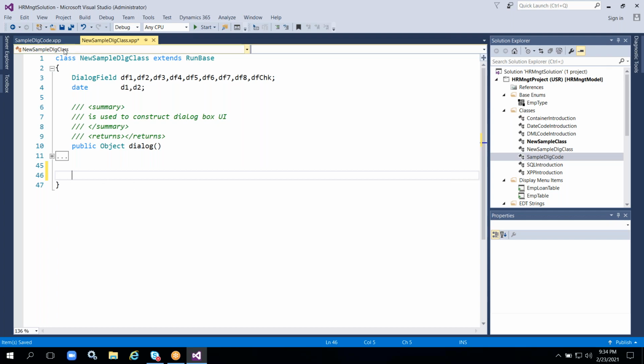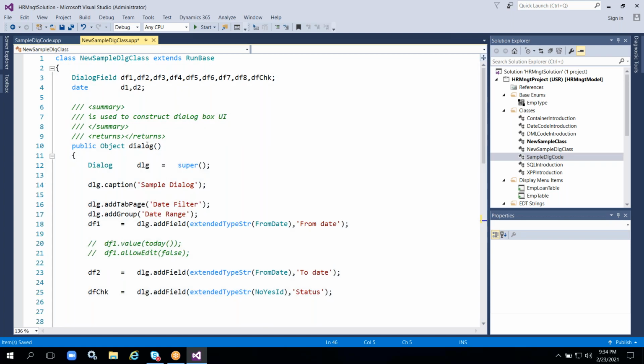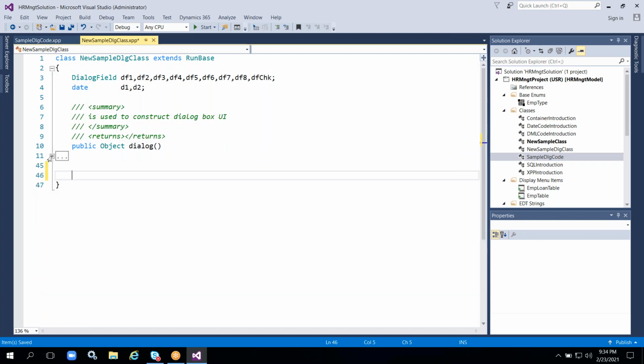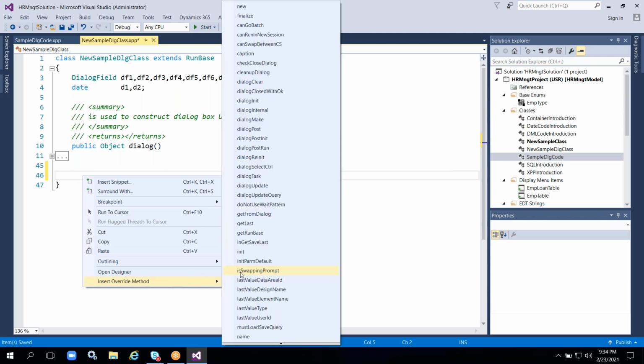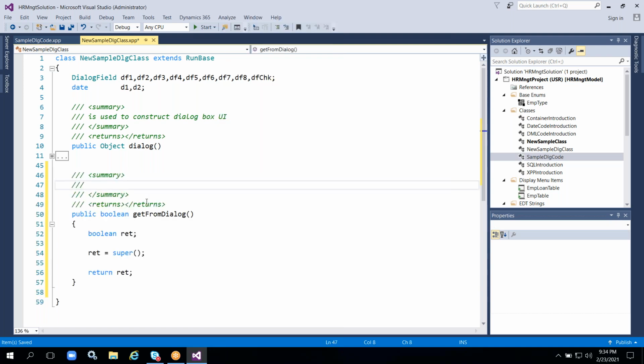Now the next method. Already the user interface related code, everything I have written in this dialog method. Now I'm writing one more method, taking it from the override method. Right click, insert override method. There is a method called getFromDialog. This is really optional, but I'm taking it here. This method is used to